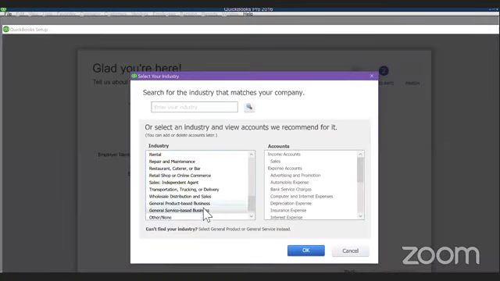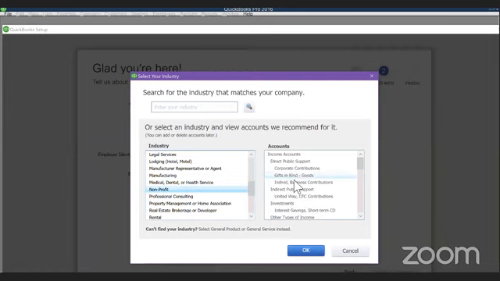So I'll just go with the general one because it will cover all the basic accounting requirements of a company. For example, here you can see this is a general service based business. If you go to something like non-profit, you will come across the accounts are different, gifts in kind, too many new things will pop out. If you go for medical, you will see fee for service income, capitation, refunds, and all sort of stuff.